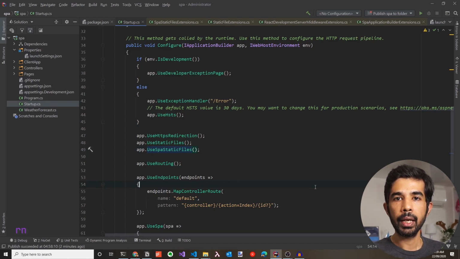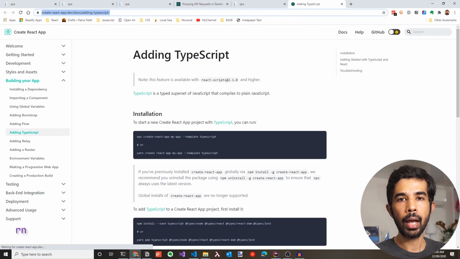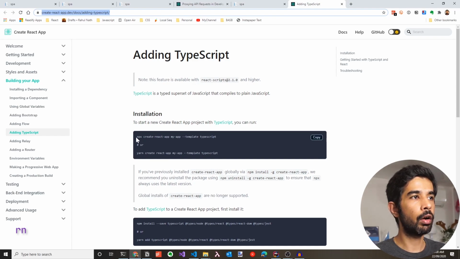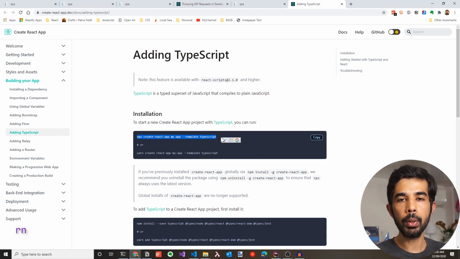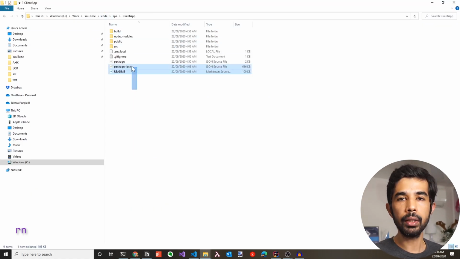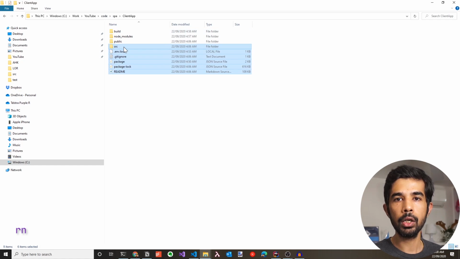The default React application that's bundled along with the ASP.NET Core single page application template does not support TypeScript, but Create React App has inbuilt support for TypeScript. So if you head off to the documentation, you can see that you can create a new React application using the Create React App and specifying the template to be TypeScript if you want to use TypeScript by default. Now, if you're setting up a new project, you can go to the ClientApp folder, delete all the existing code, and run the npx command to create an application that supports TypeScript by default. The ASP.NET Core template will just pick that up as a different SPA application and run that as expected.